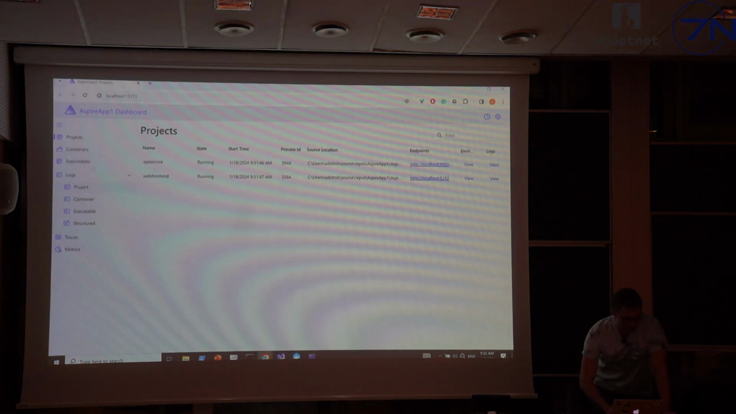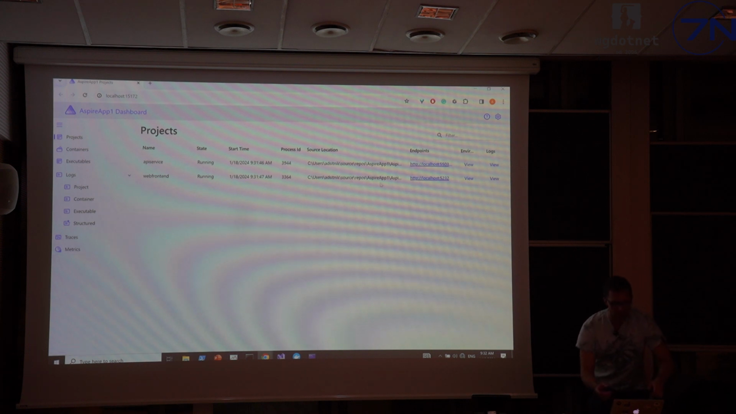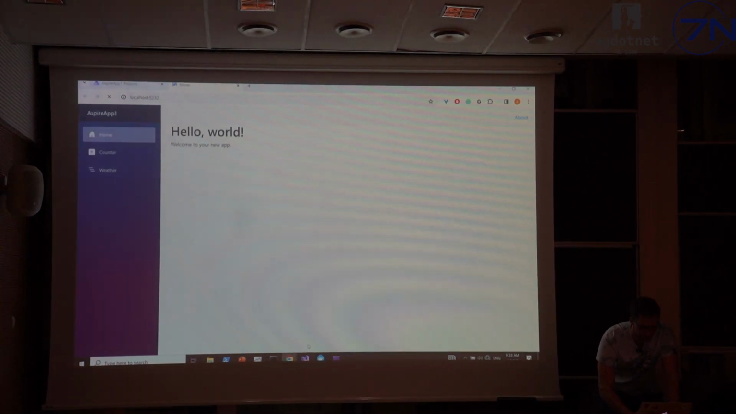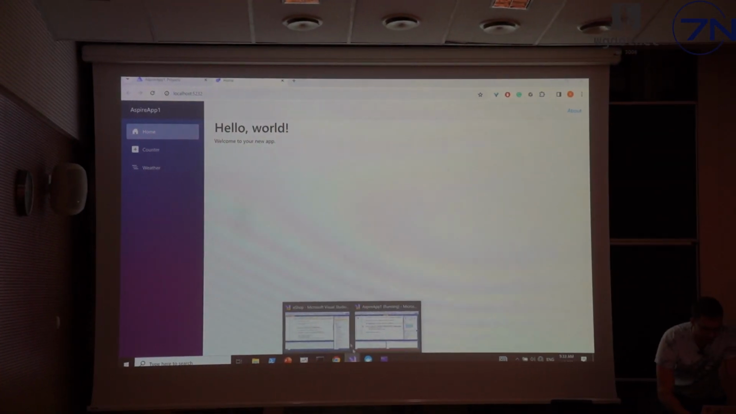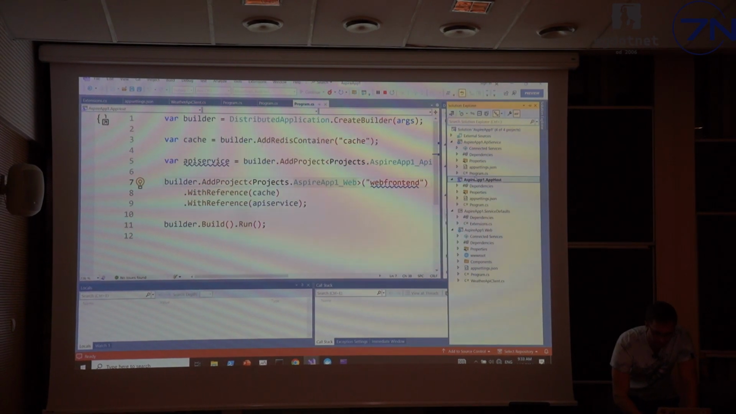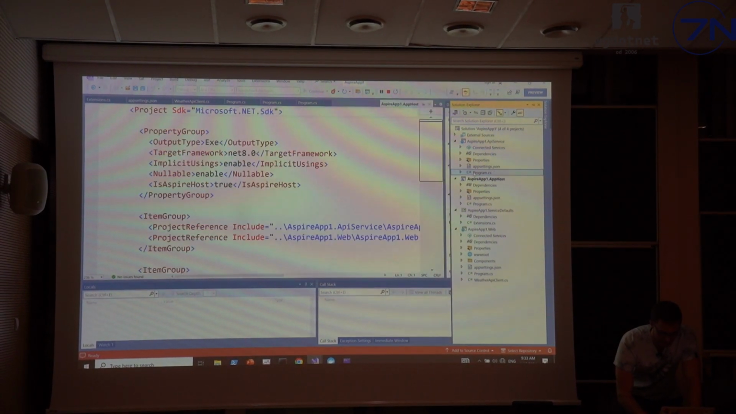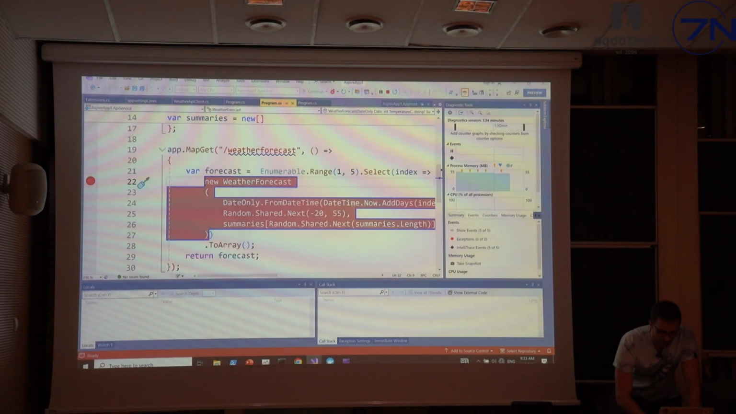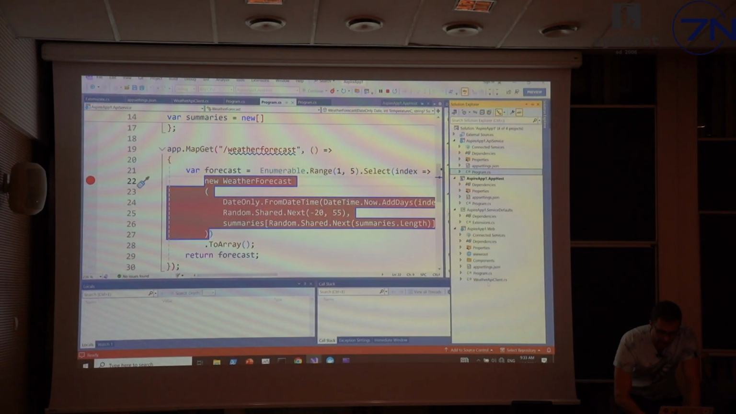Logs, traces, and metrics. I will talk more about each of them very soon. What is very nice here is that we can debug all of these processes at the same time. So for example, if I get back to Visual Studio and I set a breakpoint in the backend and another one in the front end,